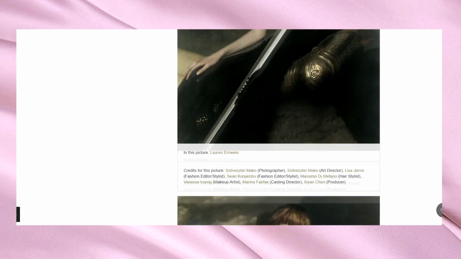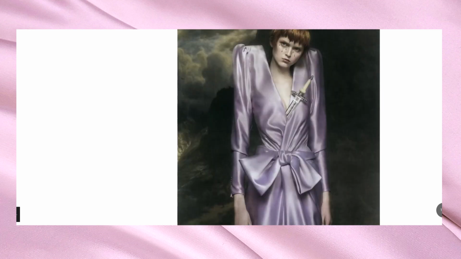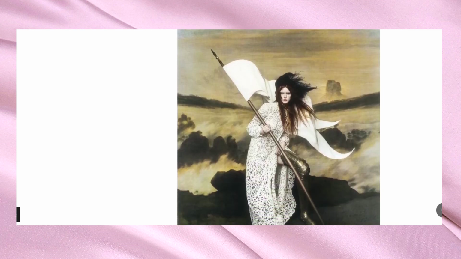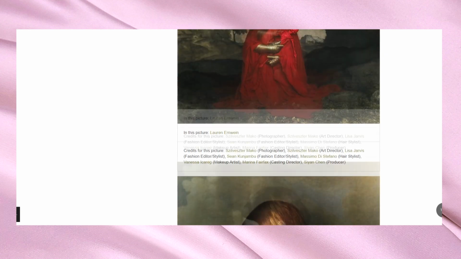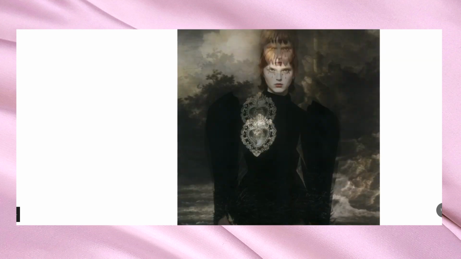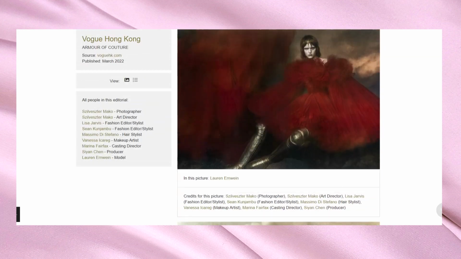The black dress with the sword. Yeah, and this whole photo shoot is really, really interesting. I love the backgrounds that look like paintings. Really beautifully styled. So this is the inspiration for today, and to start everything off,